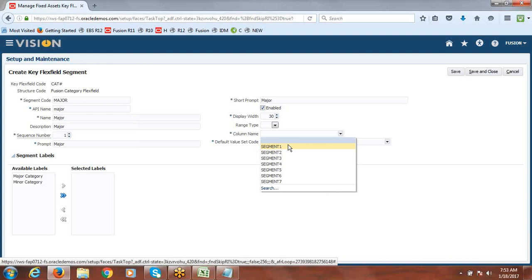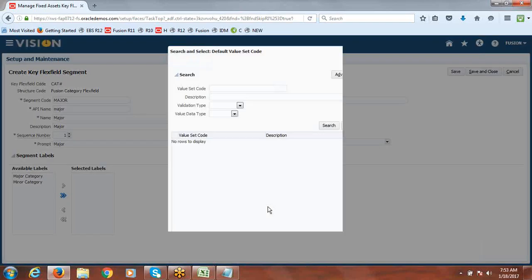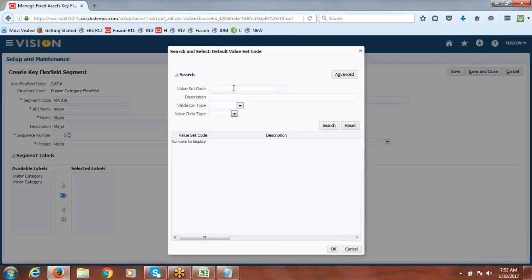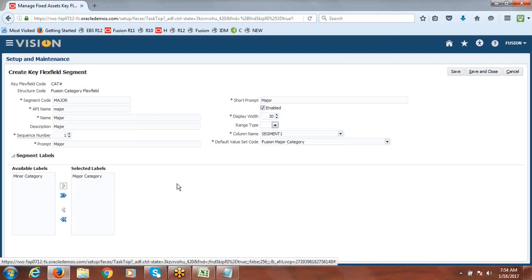For asset key you can create 10 segments, here also 10. You select the value set you created: Fusion major category value set. The same segment labels we have, so for the major segment we'll assign the major category segment label. Save and close.